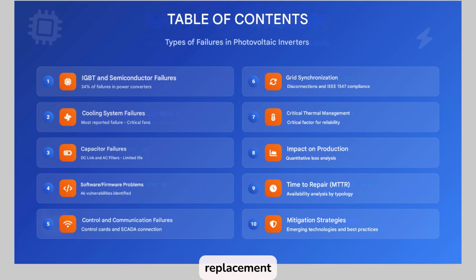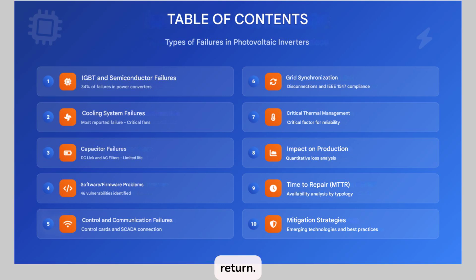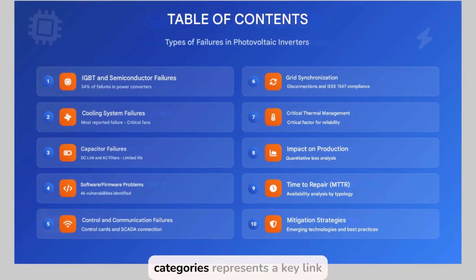Repair and replacement costs, corresponding to direct technical OPEX. Indirect costs, such as PPA penalties, loss of agreed availability, or reductions in curtailment revenue. Understanding this technical-financial relationship is essential for defining investments in mitigation technologies that have a reasonable and demonstrable economic return. Each of these 10 categories represents a key link in the energy and financial value chain of a utility-scale